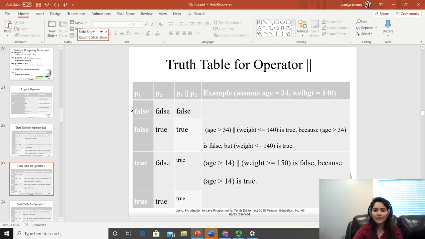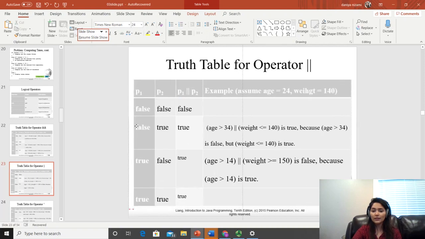So as you can see, if one side is false, you check the other side, that is false, then your answer is false. So both sides are false for the answer false. But if this is false, and this is true, the answer is true. One expression is true, the other is false, doesn't matter. If this is true, you don't have to check the other side for the OR operator. Your answer will be true, and both sides true will give you answer true.